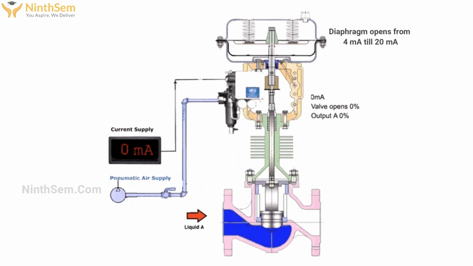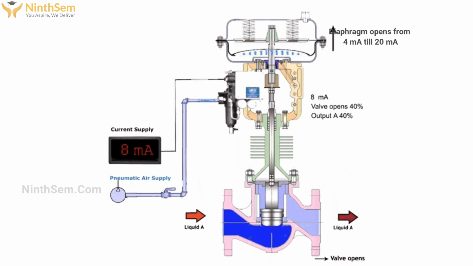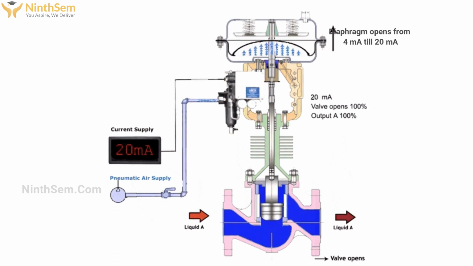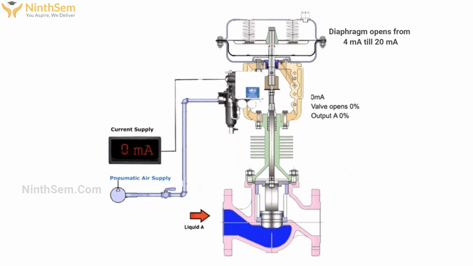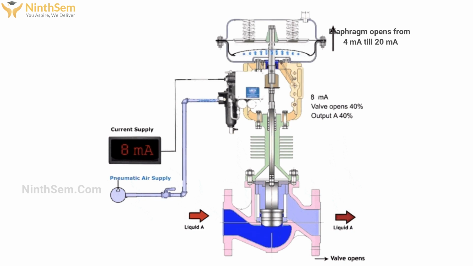At 0 milliamp, there is no movement of the diaphragm in the chamber. At 4 milliamp, it will rise more. At 12 milliamp, it will rise another more. In this way, up to 20 milliamp, the diaphragm opens. Hence, the valve will open and complete flow of liquid flows through the valve. At 0 milliamp, it will shut down the valve. The theory point of view of control valve operation I will explain in my next session.